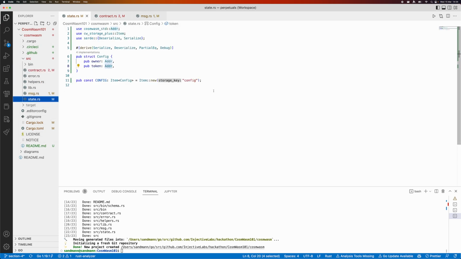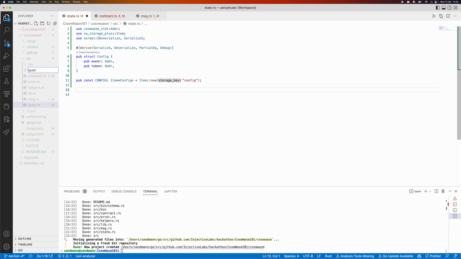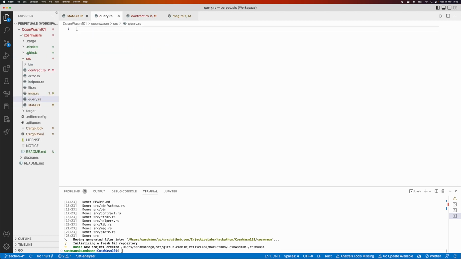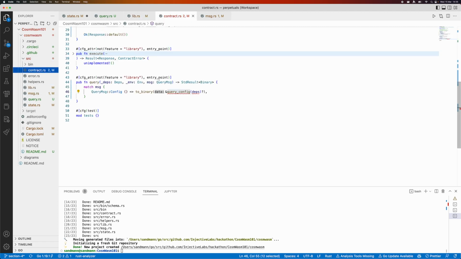So what we'll do is, usually I would put it in, or actually I'm not even going to do that. We're going to just create a new file, and we'll call it query.rs. Personally, not obligatory, I just prefer to have all my queries in one file, so we just define it in the library, so that's included in this contract. And then